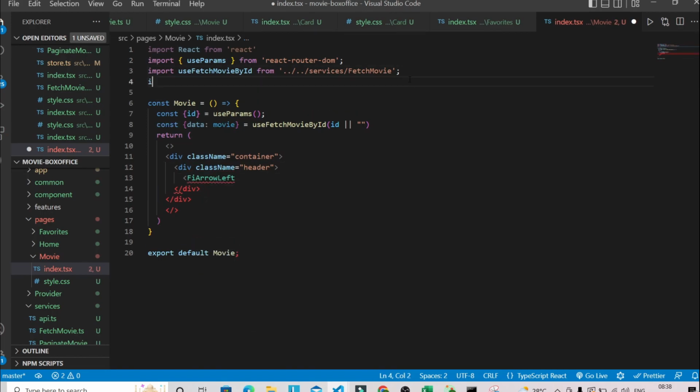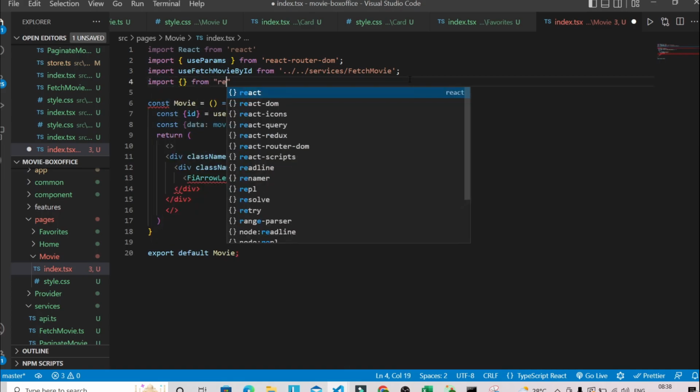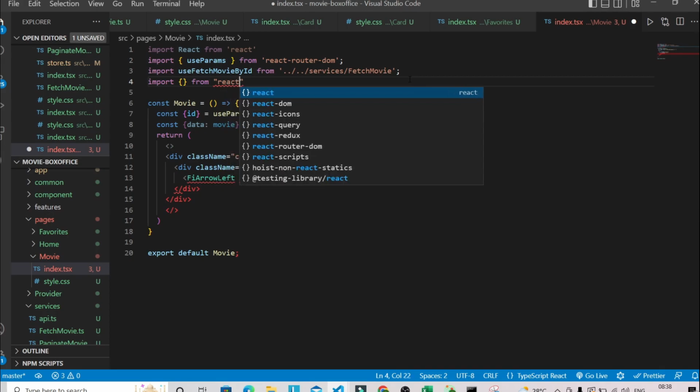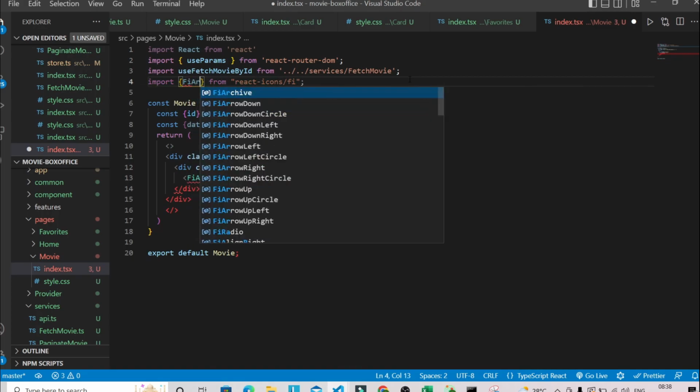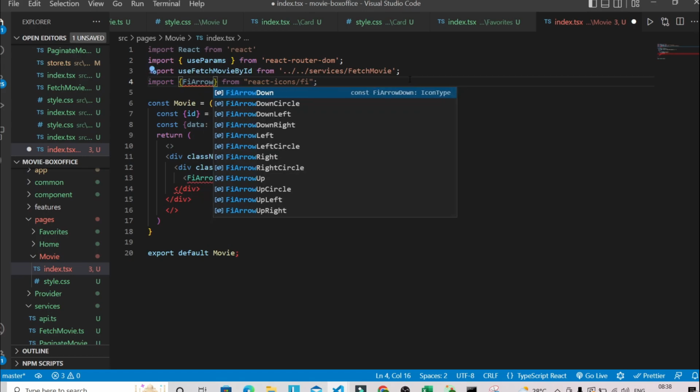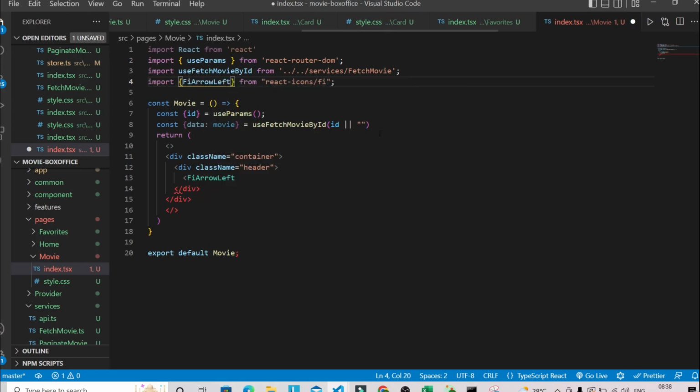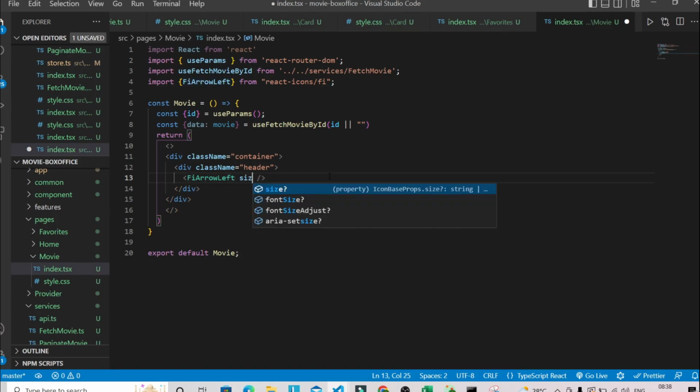So we need to bring this icon from our React Icons, from fi, and we have to use the icon here, FiArrowLeft. Okay, so once you click on this icon, basically you are going to navigate back to the home page. So let's give here size 24,